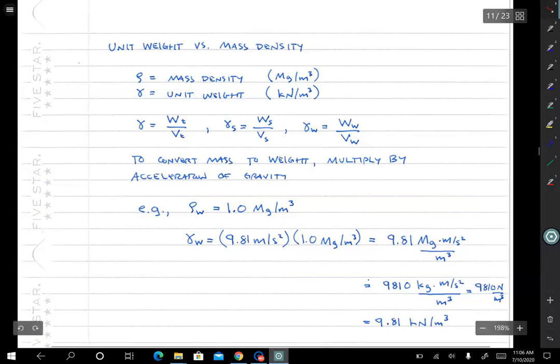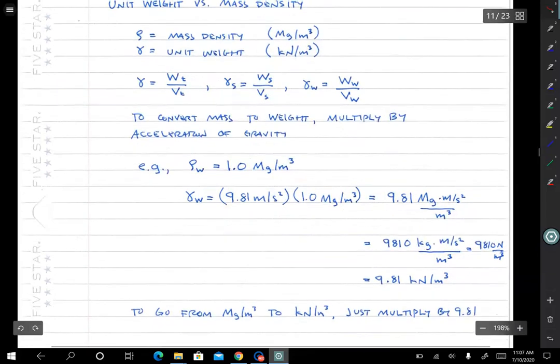But we can just assume that the acceleration of gravity is constant for work on Earth, so it's not a big deal. So the unit weight is equal to the total weight divided by the total volume, instead of the total mass divided by total volume. And similar for the solid unit weight and the water unit weight. So to convert, all we do is multiply by the acceleration of gravity. And one thing that's really convenient is if you do your masses in units of megagrams per meter cubed, and you multiply by 9.81 meters per second squared, what you get out is